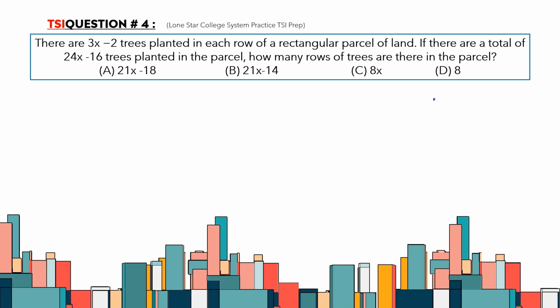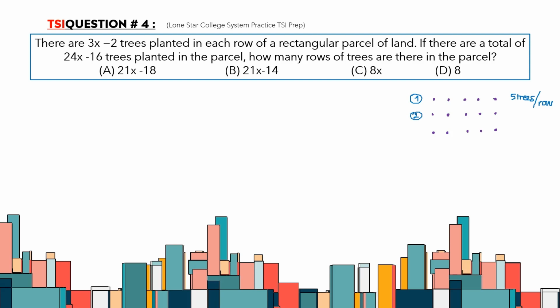If I have one row with 5 trees, and each row has the same number of trees, I can easily count the number of trees just by looking at how many trees are in one row. So here we have 5 trees per row,